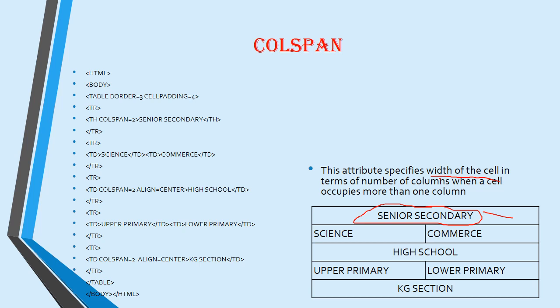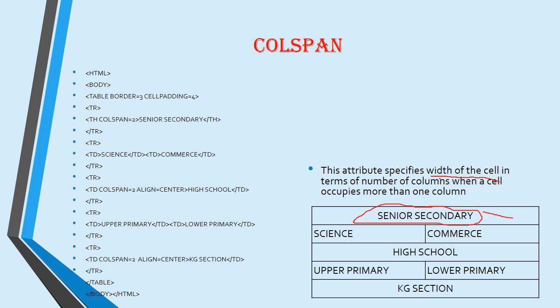So here I am making 2 cells into 1, so I am making here colspan equal to 2. If I am making 3 columns into 1 by using the colspan method, then I have to give colspan equal to 3. According to how many columns are there, according to that the colspan integer value is written. Okay, now you can see first column, senior secondary I have written, that is with one column only. 2 I have made to 1. This one you can see here, it is 2 itself.